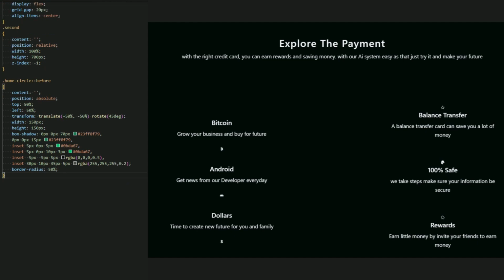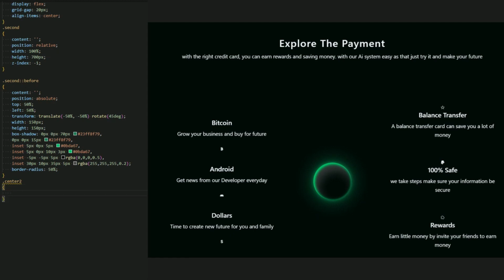Now for the second, let me just change it of this home circle, that be a second before. Okay, this is a second before. Now let me just create this center two that we added, another name for this center.